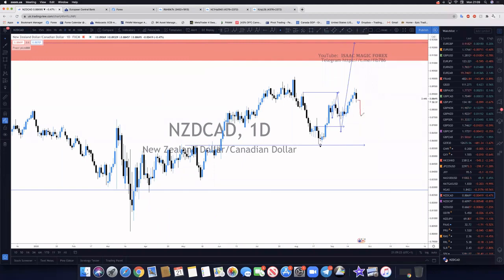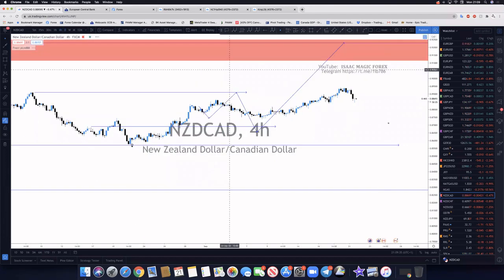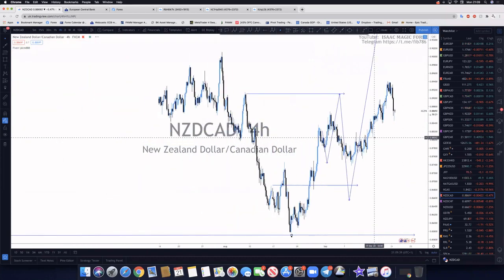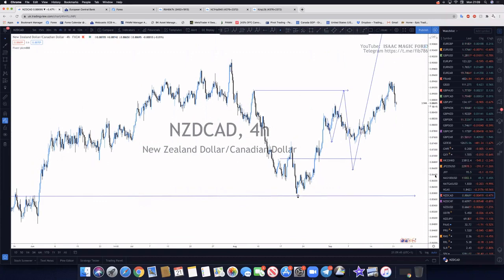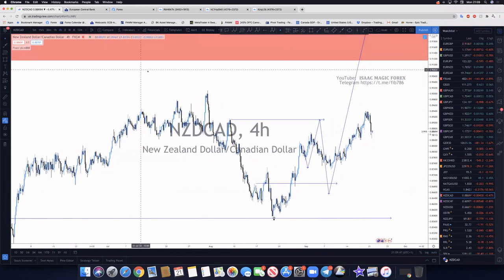Okay. We can come back here and we go. Because you're looking at this pattern-wise. So keep a close eye for the downside. You're going to look for sell. It's going to make a short move down. And then